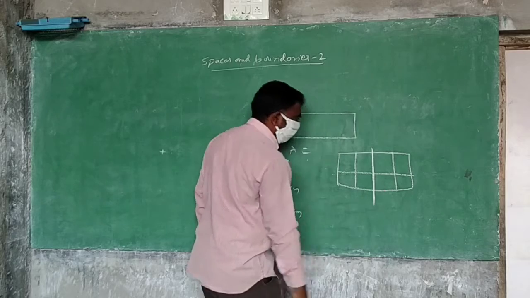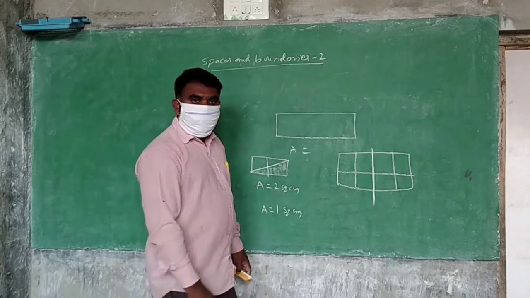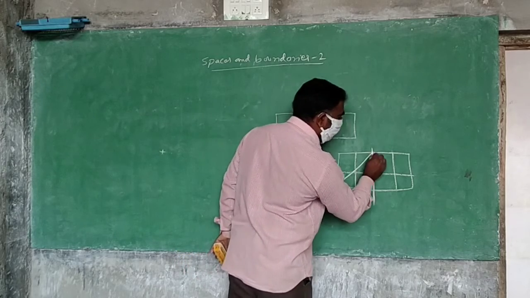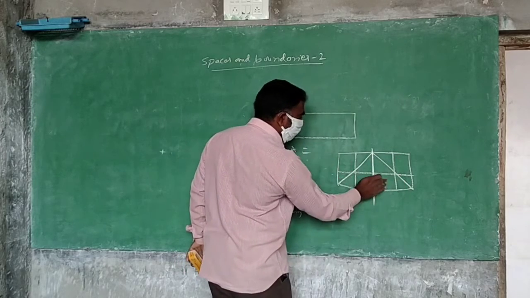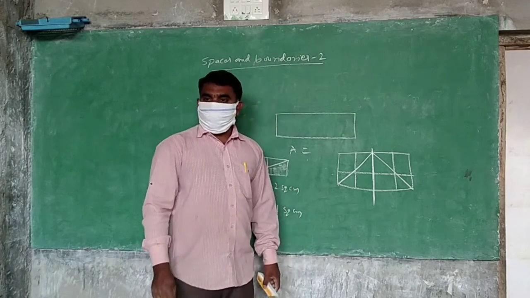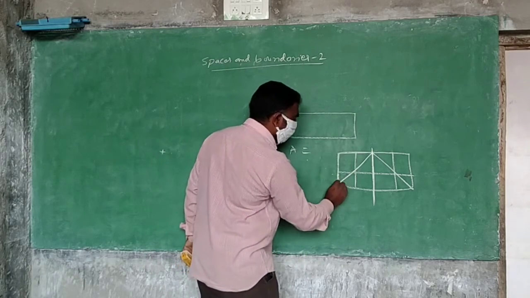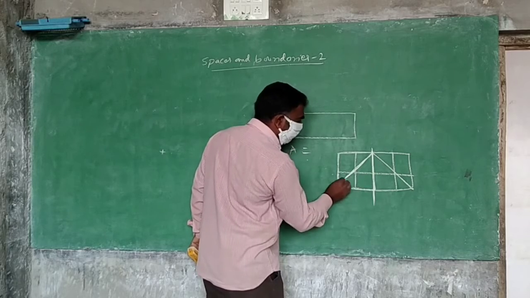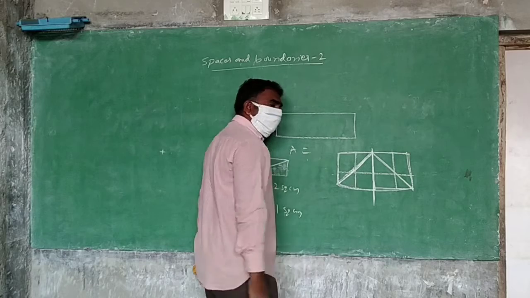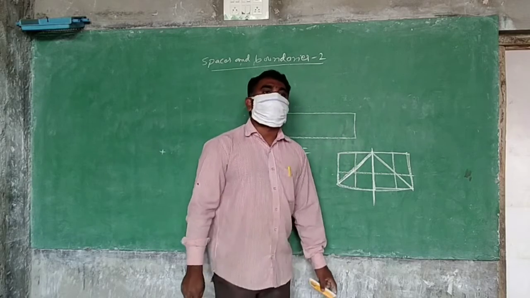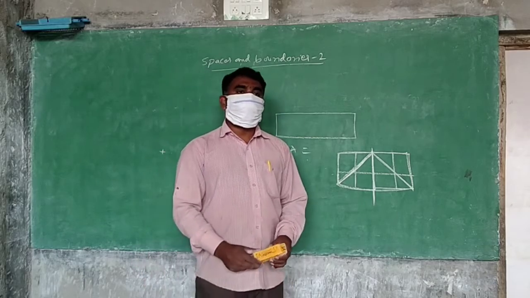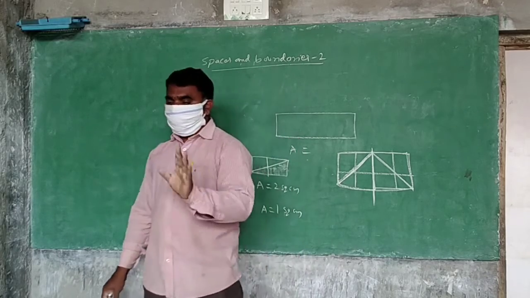We will cut here first. After cutting, now what do you do? Now you see 1, 2, 3, 4 triangles came. Yes. All are equal triangles only. No? This is one triangle, 2 triangles, 3 triangles, 4 triangles. Now how to find the area of the triangle only? Okay, can you find it? Okay, this is all you have to do now.